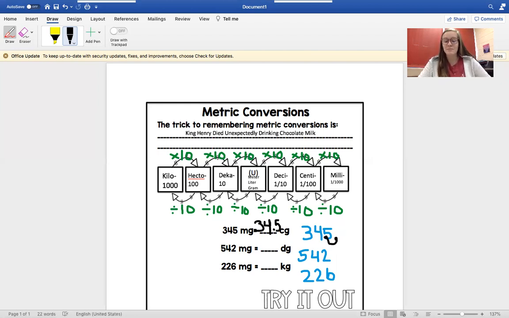So let's look at that second one. 542 milligrams to how many decigrams? Okay, well, we have our decimal at the end, and from milligrams to decigrams, I move 1, 2 times. So which way do I move my decimal? To the left, because I'm dividing, right? That's which way the arrows point. And how many times do I move it? Twice. 1, 2. So my answer is 5